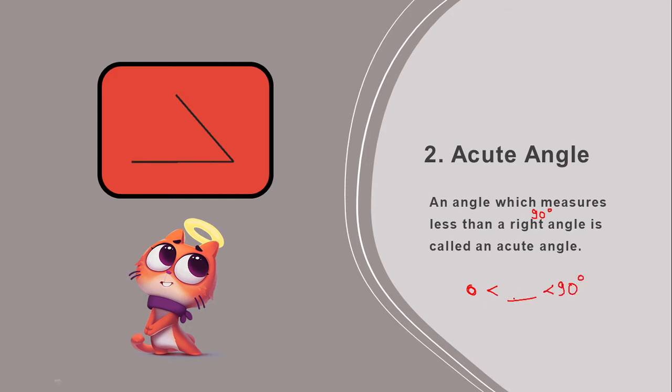So anything in between 0 to 90 degrees, if an angle has its measure in between 0 to 90 degrees, then you are going to term it as an acute angle. It can be a 5 degree angle, or it may be an 85 degree angle, a 40 degree angle. Acute angle looks something like this, a compressed one. It is small, that's why you can remember it, cute, small, so cute, and like that acute angle.